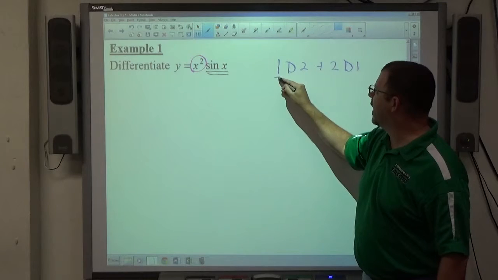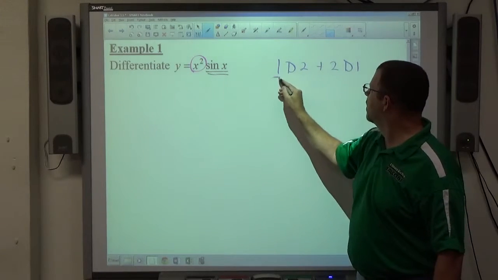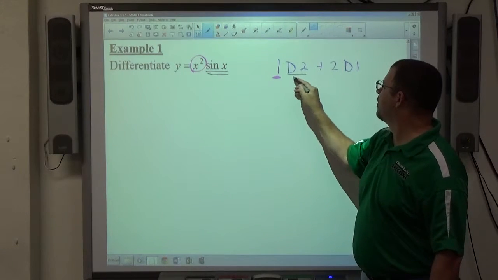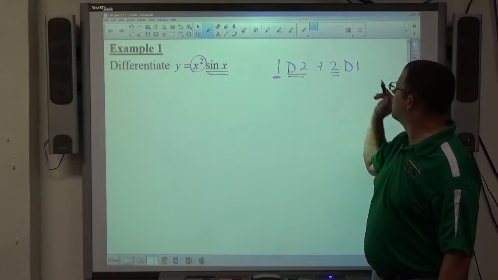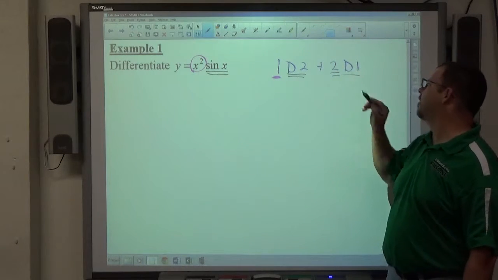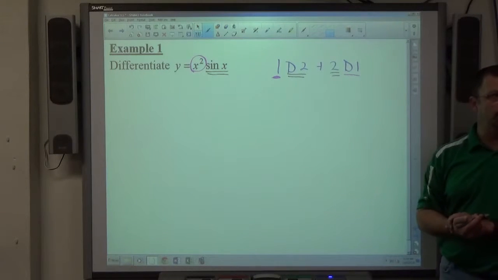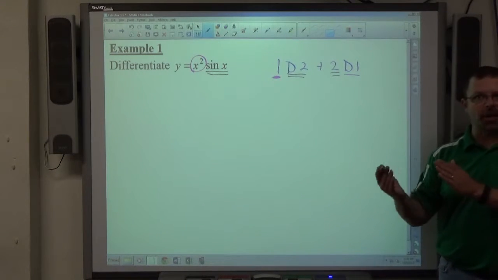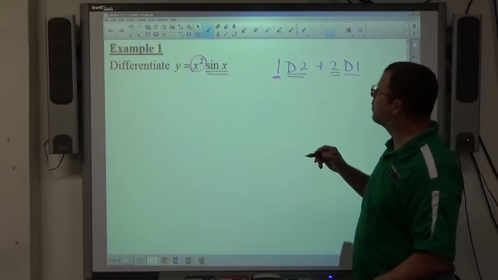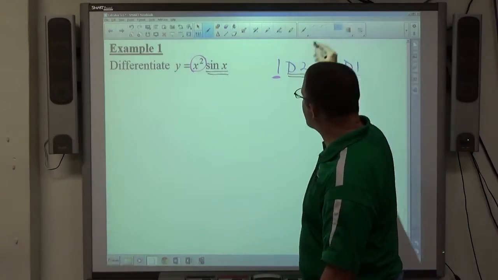1 means function 1 as is. d2 means derivative of function 2. 2 means function 2 exactly as is, and d1 means derivative of function 1. So when you see a product of functions, that's your first priority. Identify a function 1 and a function 2 to apply the product rule. So if I go y prime equals,